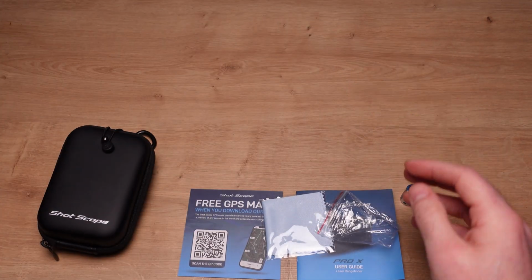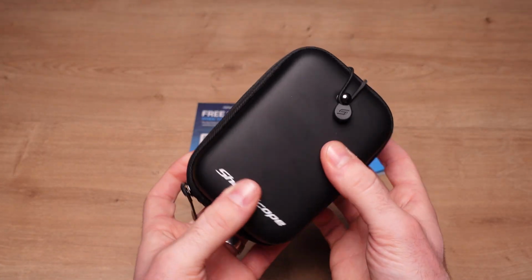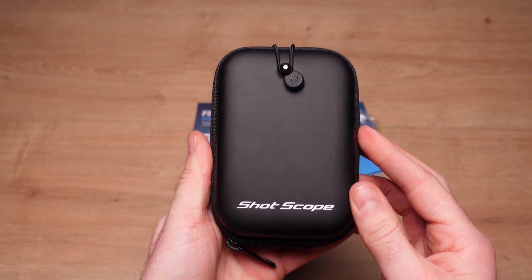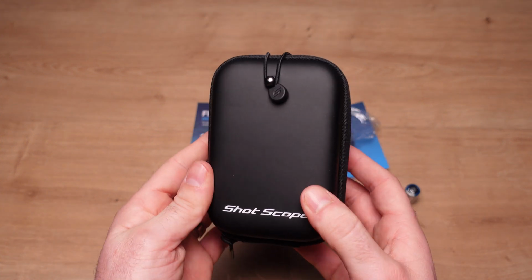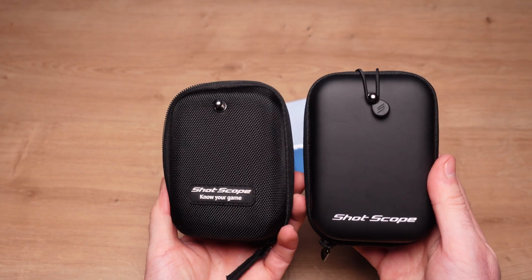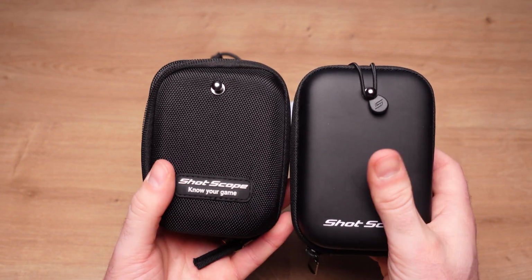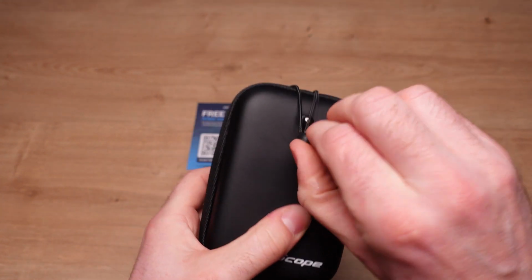So let's just push this to one side, and then let's take a closer look at the laser itself. So as I said, it's quite a nice carry case. It doesn't have the same sort of premium look to the ShotScope Pro ZR model or some of the other kind of premium lasers on the market, but if I grab this case, this is the one for the Pro L2, you'll see they're very, very similar, although it's got maybe a slightly easier to wipe and clean cover here on this model. So we'll pop it open